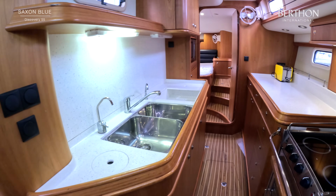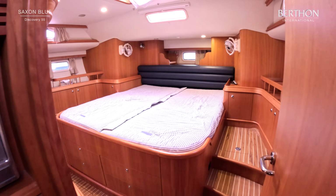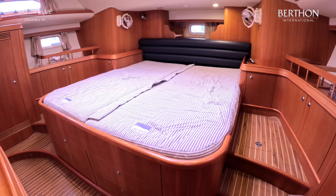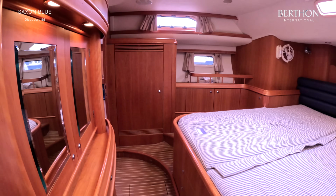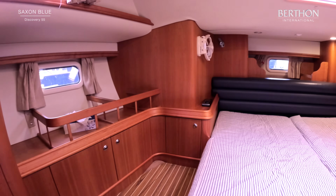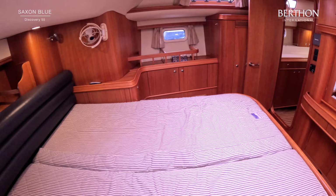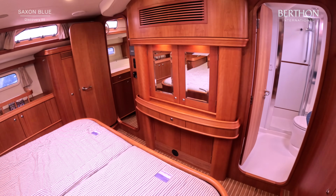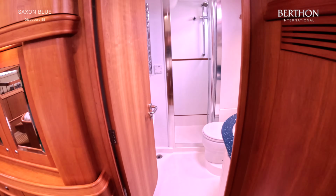And then we'll just go and have a look at the owner's cabin. Split mattress, his and hers wardrobes. All in lovely condition, beveled mirrors, excellent joinery. All looking amazingly fresh for 2009. Remember, she's only 55 feet. And then owner's heads, Corian surfaces,